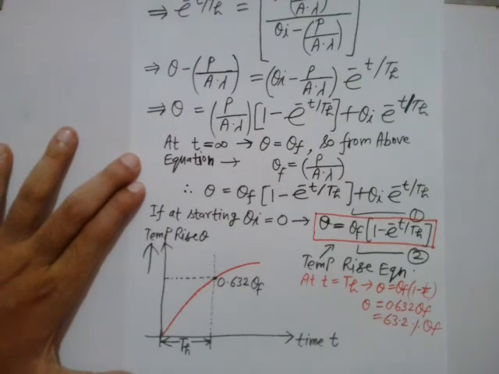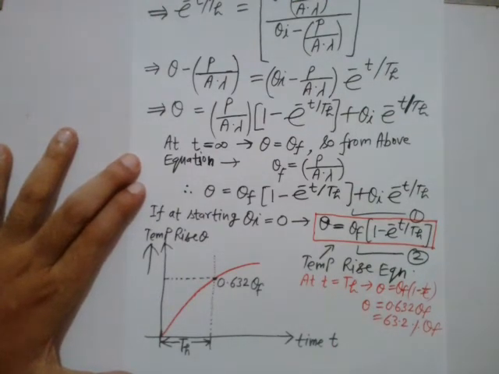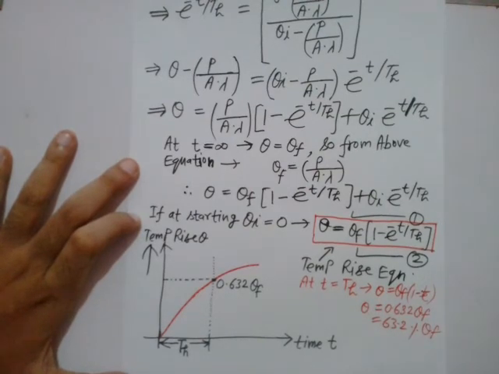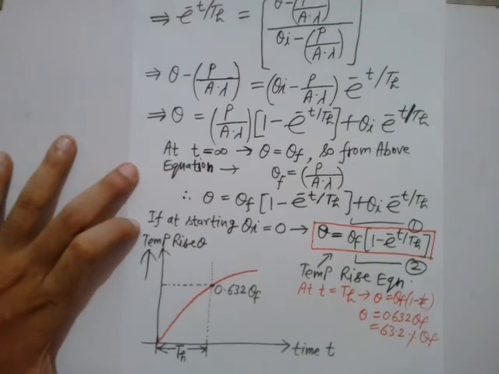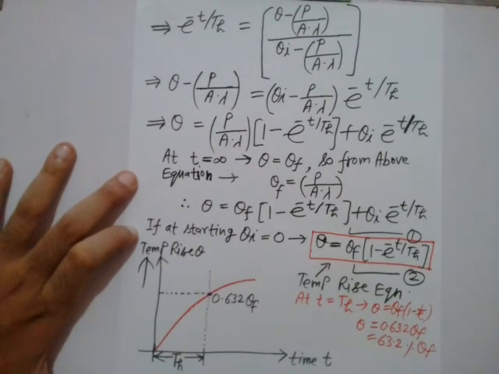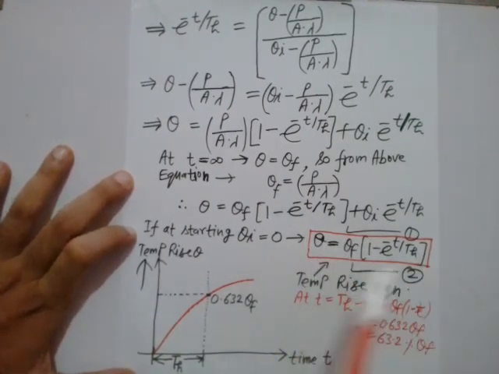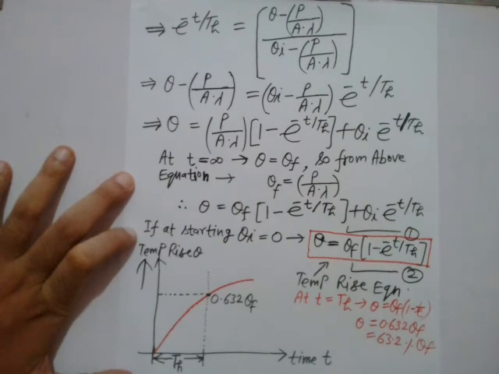So now similarly you can go for the derivation of cooling of the machine, right? When the machine is switched off, the heat will be dissipated due to convection and radiation into the surroundings, into the atmosphere, and consequently the machine will cool down. So likewise you can derive the expression for cooling of the machine as well, right? So this is the final temperature rise equation on which you can solve the numericals, all right?